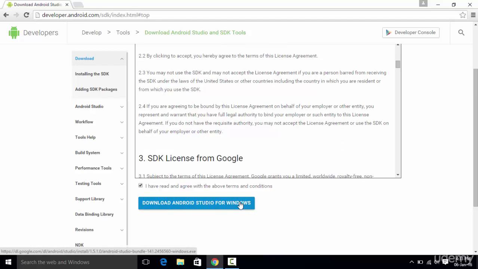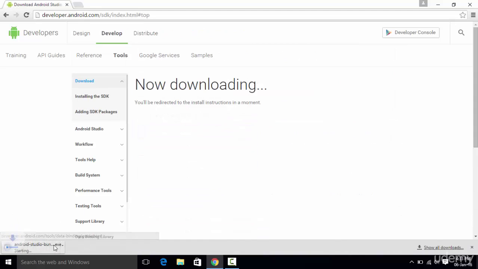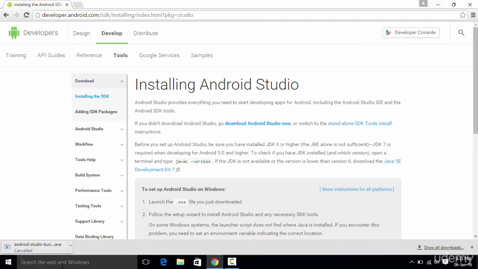Now I am not going to download Android Studio, and that is because I already have Android Studio installed on my computer. Once you have clicked this button, your download will start right over here, and once the download is completed, you simply need to go to your download folder and run this installation file, which is androidstudio.exe, and once you run it, you will be guided through the installation process of Android Studio,